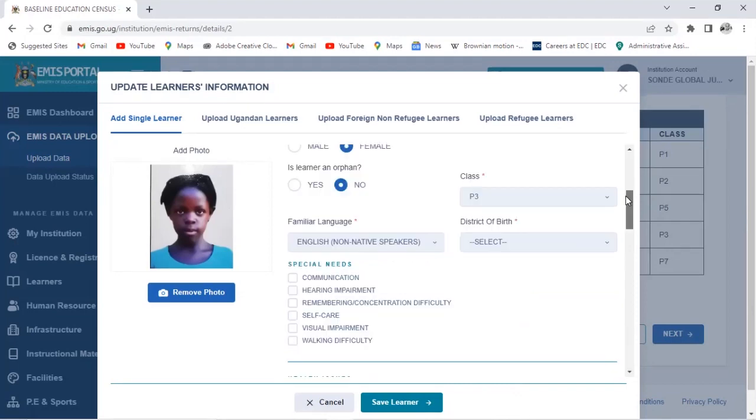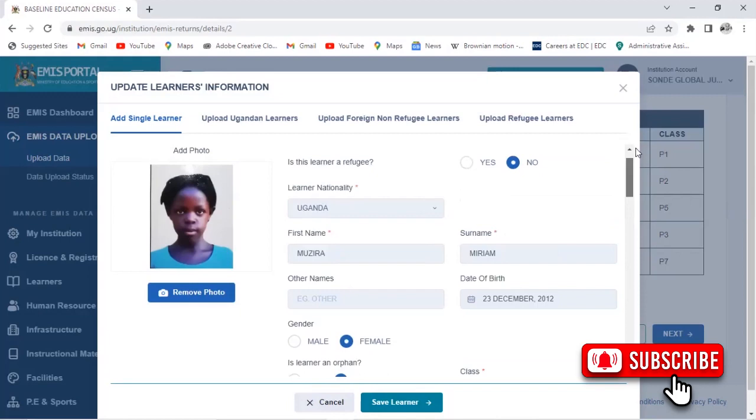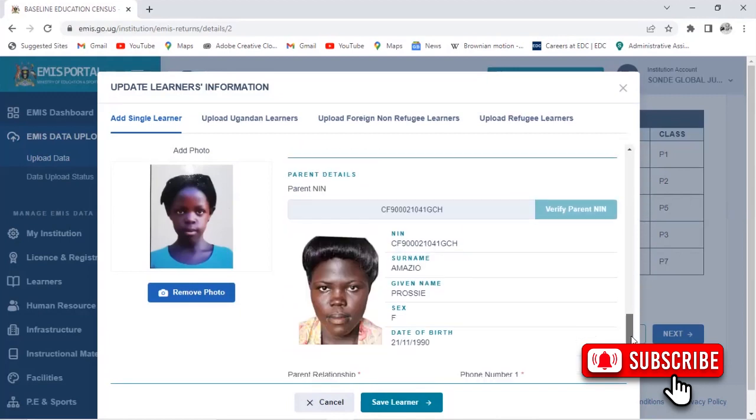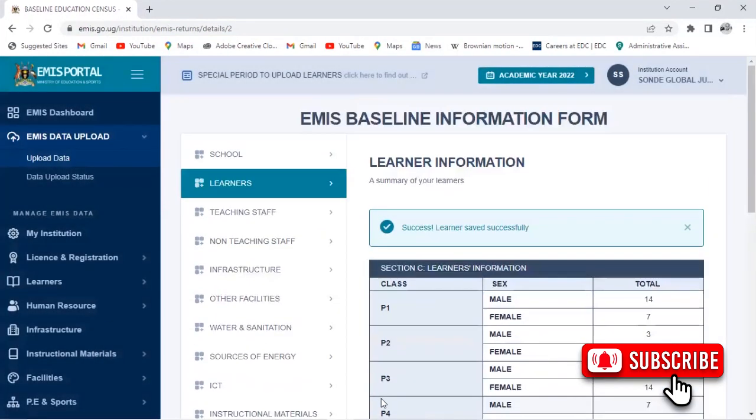Make sure you enter all the fields which have that symbol there. After finishing adding all the details, click on what? Save learner. When you click on save learner, the learner will be saved in the ministry database, and it